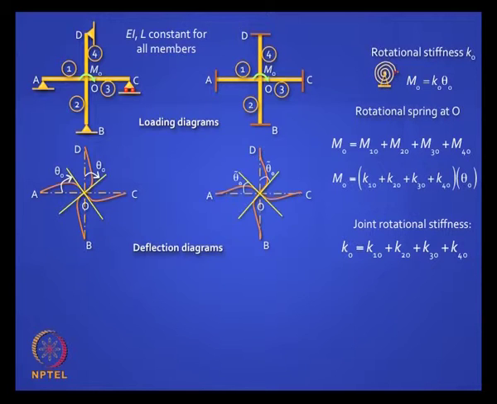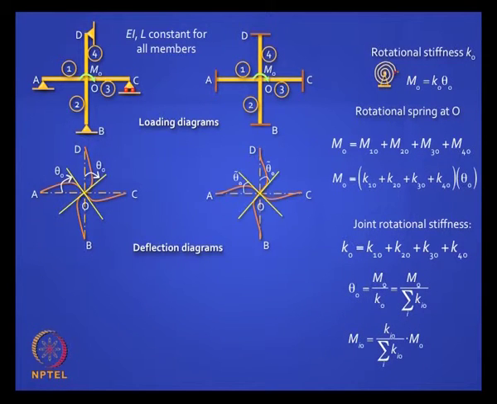This is a proof that the stiffnesses add up, that if all 4 are equal, you find the stiffness of one beam element and multiply by 4, not divide by 4. It increases, it becomes stiffer. It is easier to rotate one element than to rotate all 4 simultaneously. You have to apply that much extra moment.